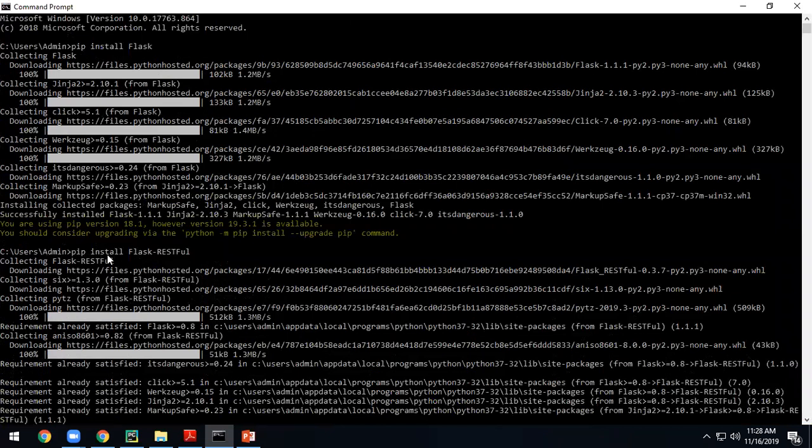Then you install pip install Flask RESTful. These libraries you have to install. These are the modules which help you to do this.